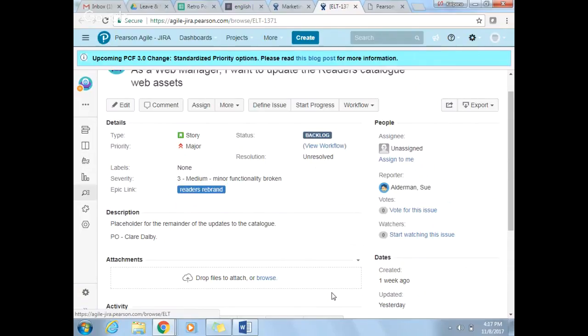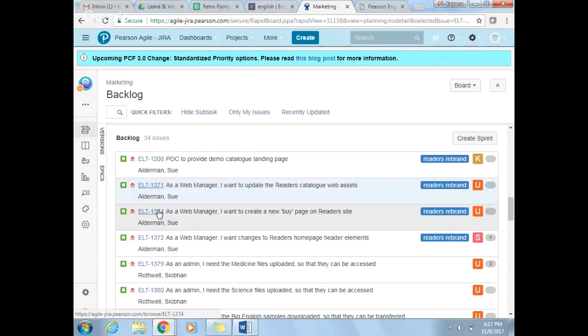How long can you give her? The sprint starts on Friday, so even if we get it by EOD Friday, then that should be okay. Okay, thank you. I'll let her know. So once we get that, we will estimate and pull it into the sprint. Okay. So moving on to 1374.